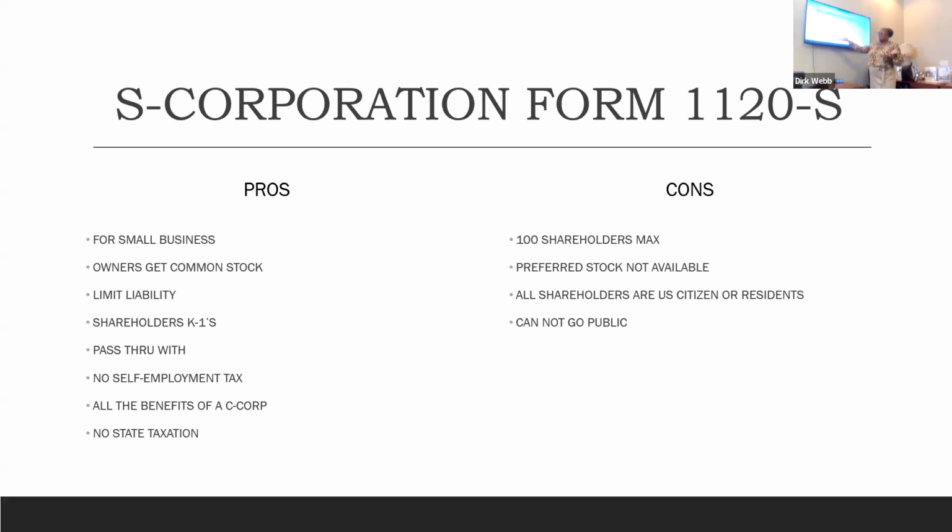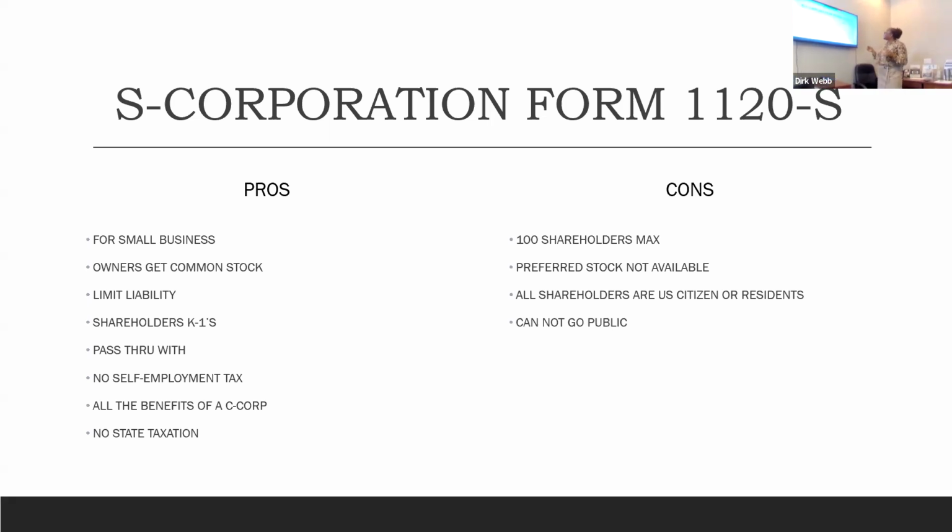What else? Also, no state taxes because Florida. Yay. You can also set up your vision and dental plan on there under the business name, and you as the employee can participate in it. So you'll function just like any other corporation. However, you'll be taxed on the profit as an individual. So that's the benefits of the S-Corp.